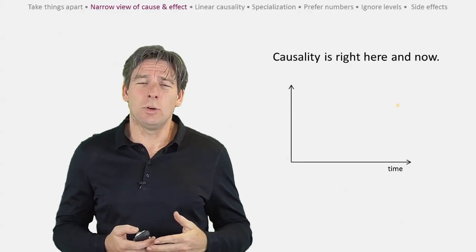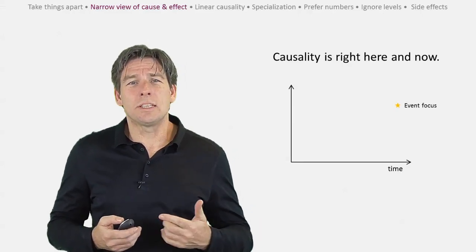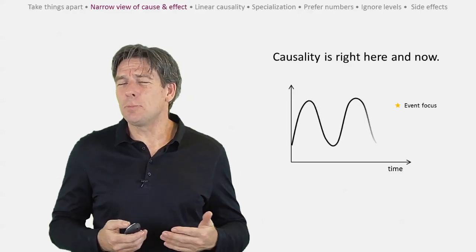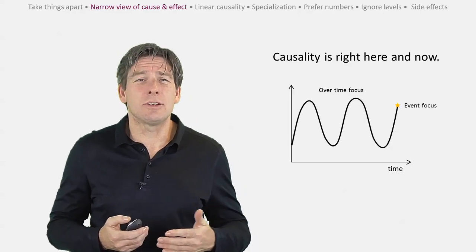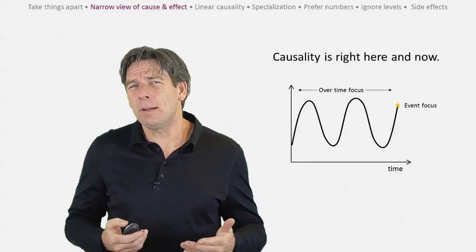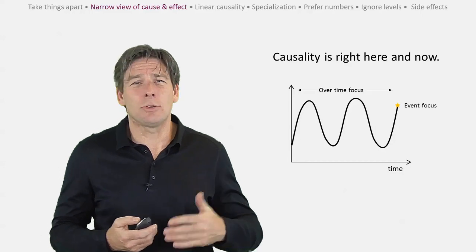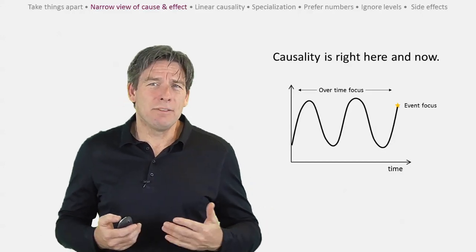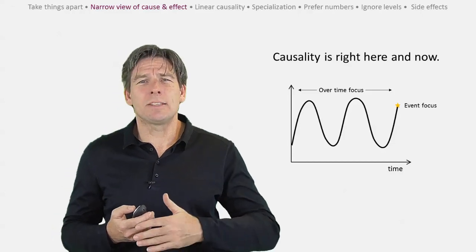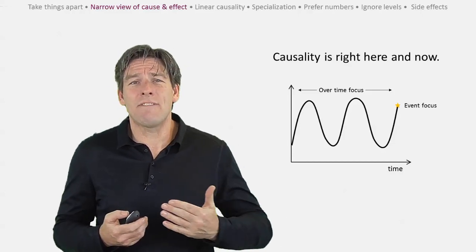Reasoning this way gives us an event-oriented view of the world, where we look for a cause that is close by in both space and time. Have you ever noticed when you read the newspaper or watch the news that a lot of attention is given to individual events, news chunks and sound bites, but not much time is spent explaining the background or the history behind the event? Events get our attention. In complex situations, causes may come from an entirely different part of the system and may lie far back in time.